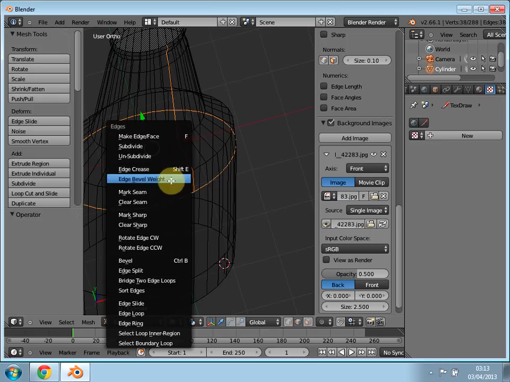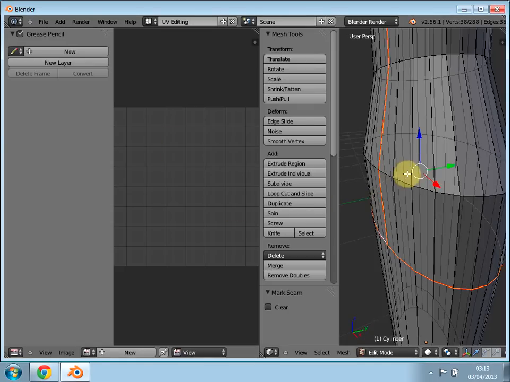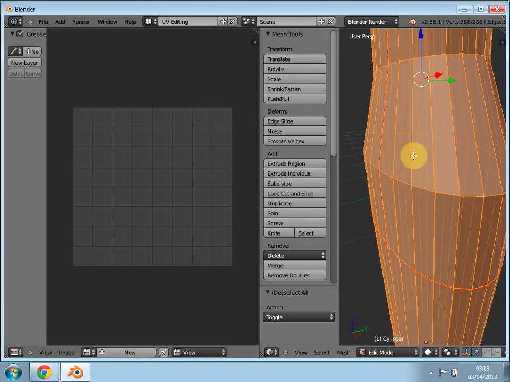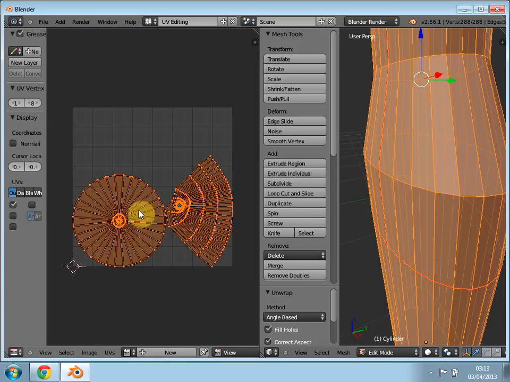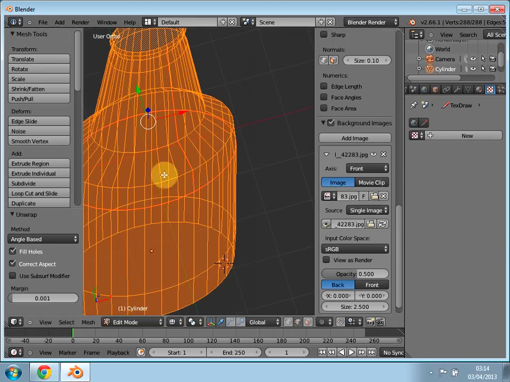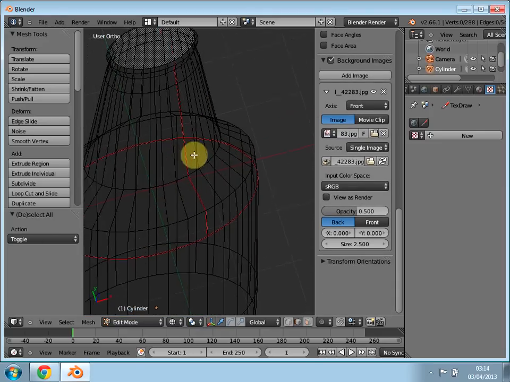So if I show you, if I do Control E, mark seam, and I go to the UV editing, and if I go A, U unwrap, you can see we have the top, which is the little top, and we have these sections here. But I actually want to make it much better than that. So what I'm gonna do, I'm gonna go back to the default mode, which is this icon here, and you click default, and we deselect everything, and we come here,